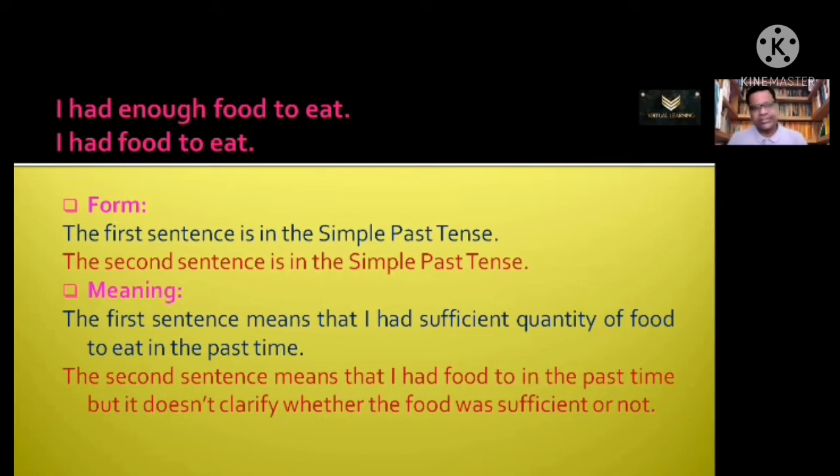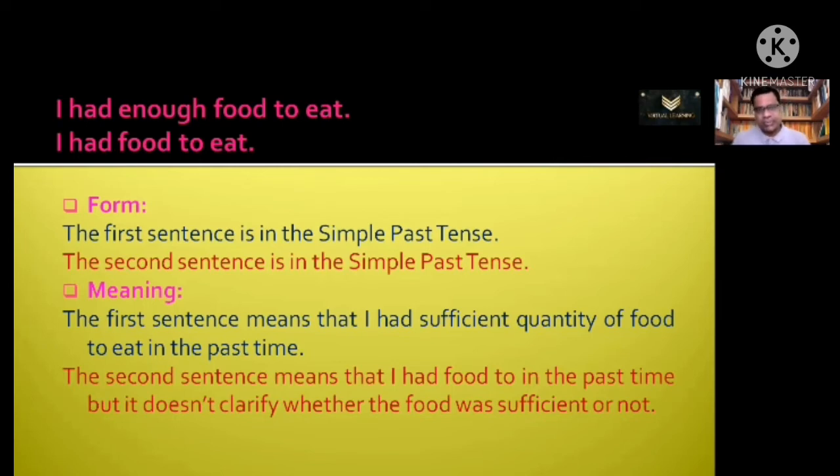Actually, both the sentences have similar form. Both are in the simple past tense. Please don't get confused because of the presence of had here. In both the cases, had has come as the past form of have. So unless you have V3 followed by had, you cannot call it the past perfect tense. Okay, now you look at the meanings.